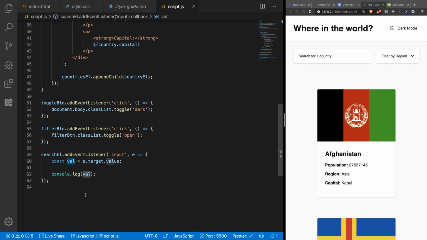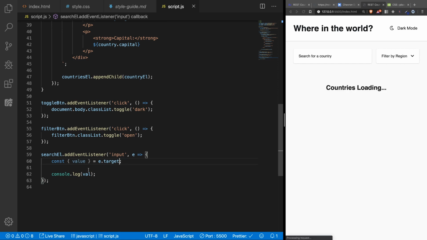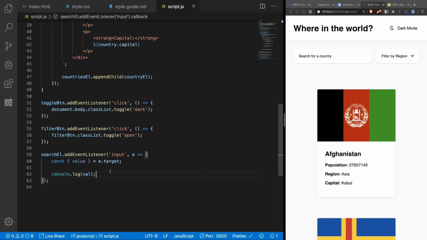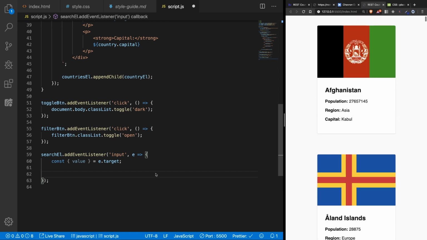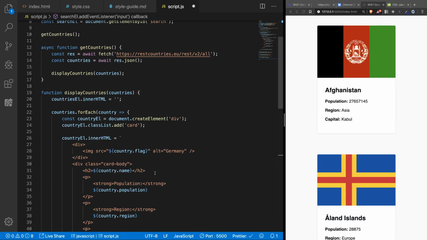We can also do something like value and have that. Okay, it's pretty much the same thing. Good, so now we have the value and we only want to show the countries that match. For example, if we search for Stan here, we want to show this one but not this one, right? So for that